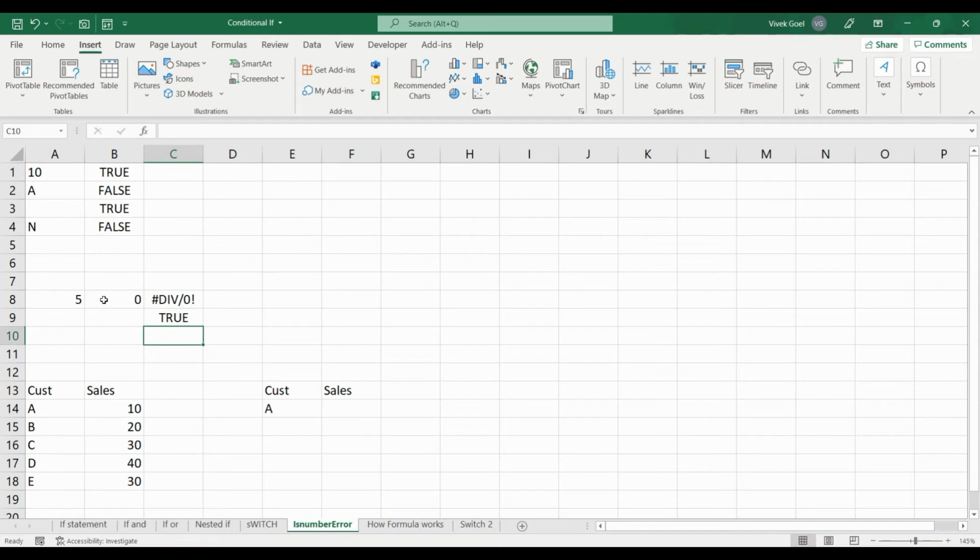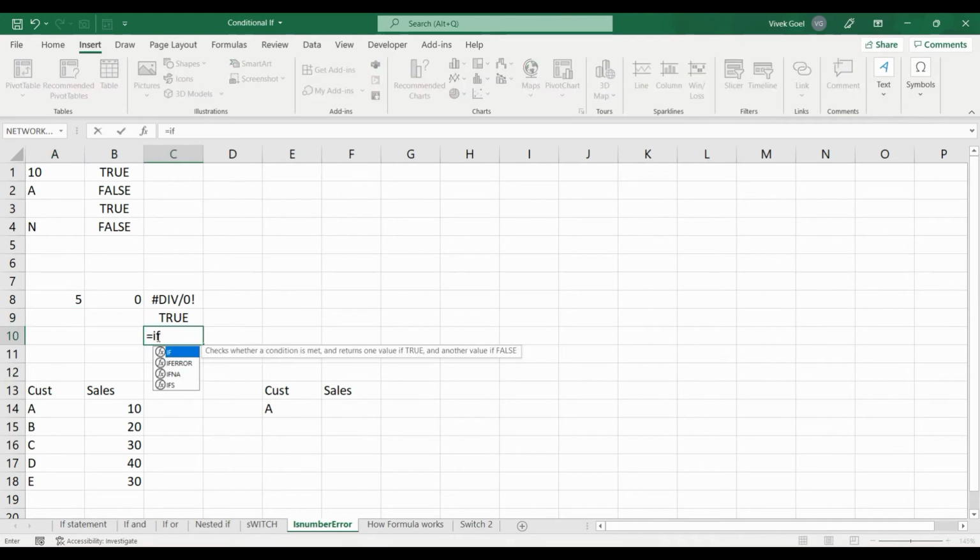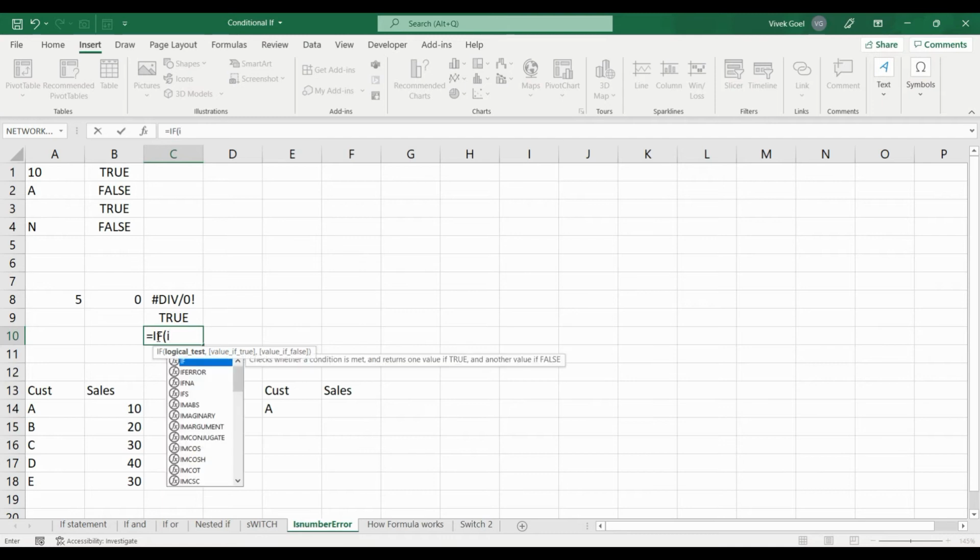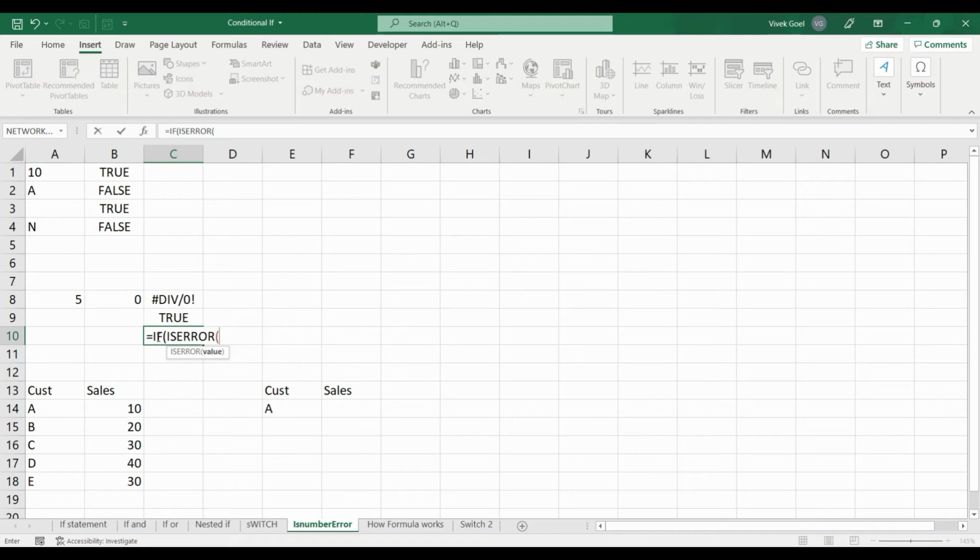Now if we think such a situation is possible, we can pair our if function with isError to populate 0 instead of displaying the error message. So we write equals to if isError 5 divided by 0, then instead of giving an error, we want 0 to be returned, so we will write 0.